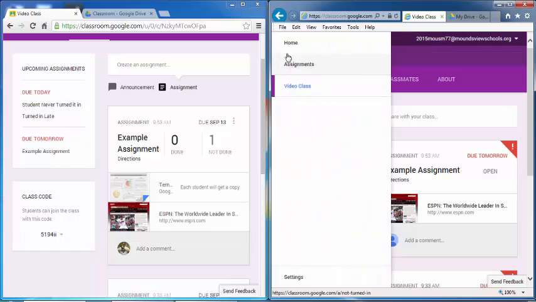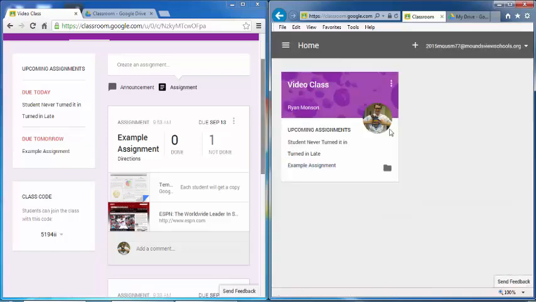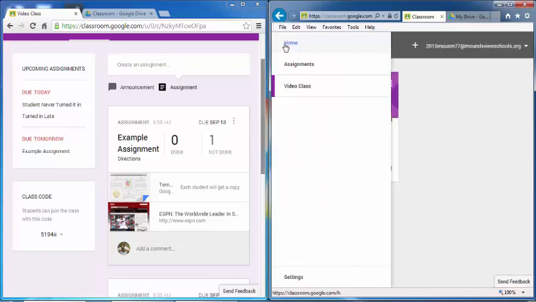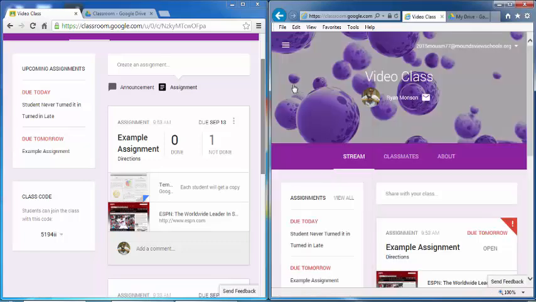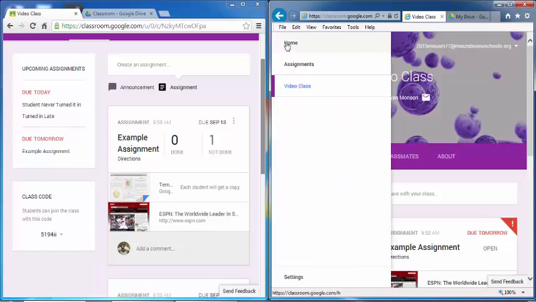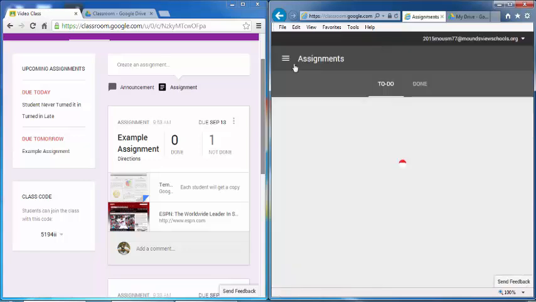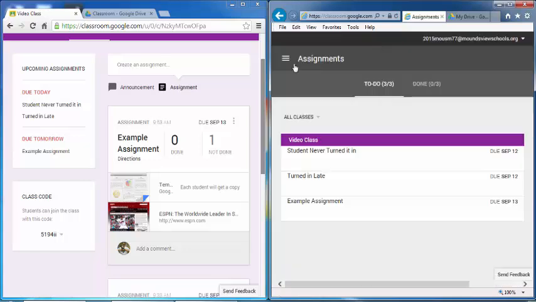If you click on the classroom menu, it opens up a location where they can go to their home screen, and on their home screen you can see all of the classes that they are in. They can also go directly to the class, but there's a third button on here, and that's assignments. What assignments does is it brings them to a page that lists all of their assignments, and this isn't just the assignments in one class, this is the assignments in every single class that they have, which is really